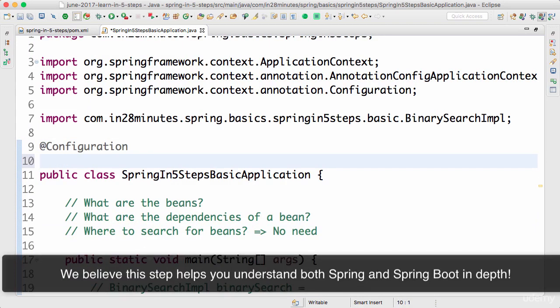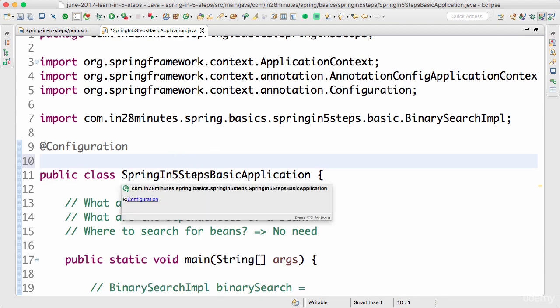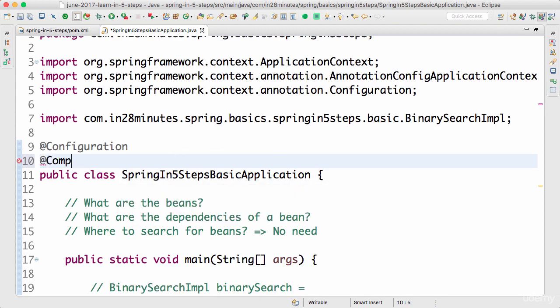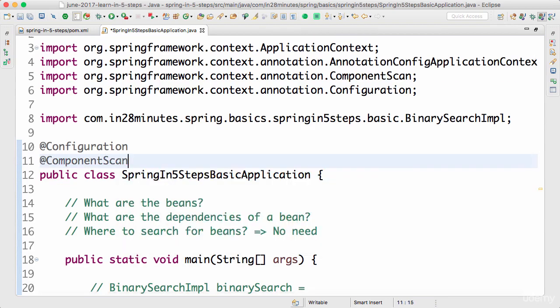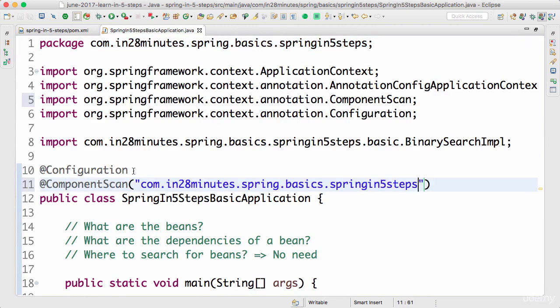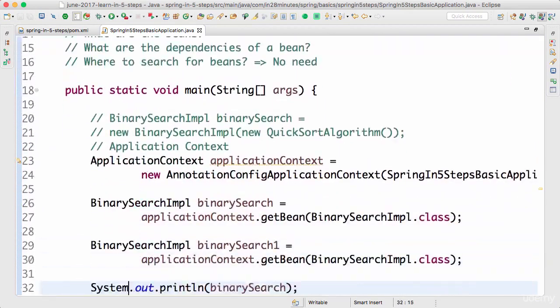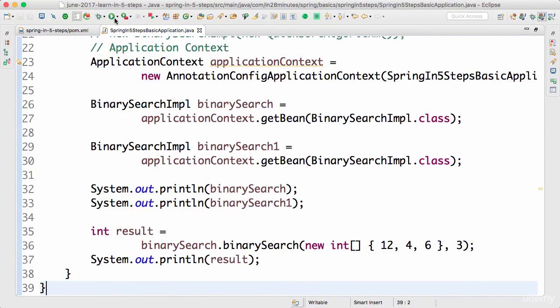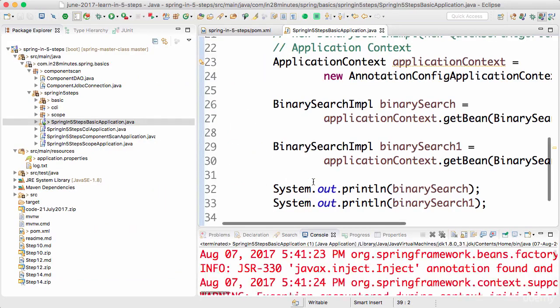These are all the things Spring Boot does by default for us. Spring Boot automatically defines a component scan on the package where the configuration is present. But by default, Spring does not do that. So you have to do that. So add @ComponentScan. This means component scan on the current package, or you can explicitly specify the package as well. Either of these ways should be fine. So either you can do this, or you can just leave @ComponentScan in here, and let's see if we are finally successful. Let's run that.